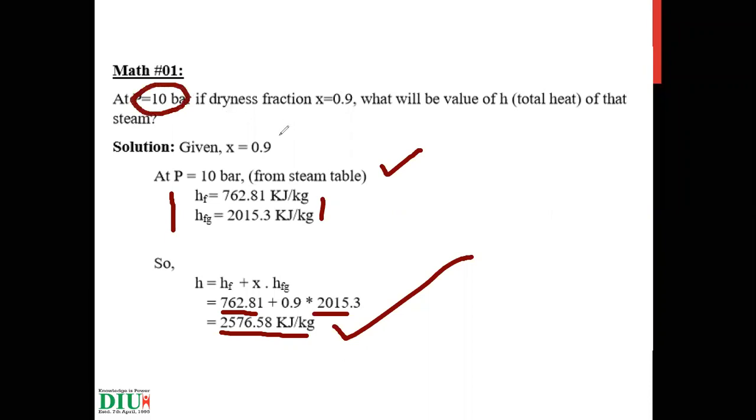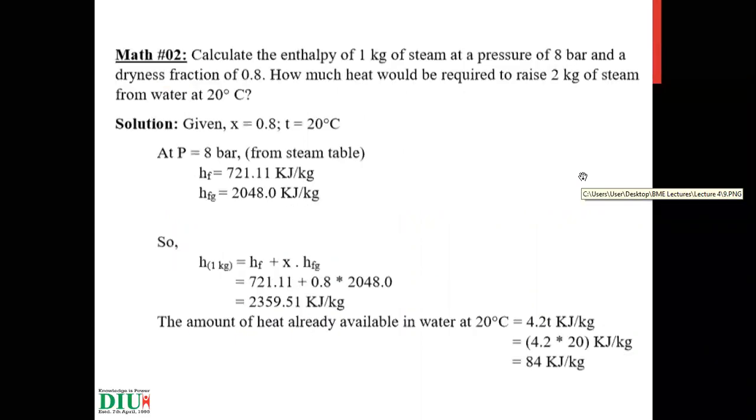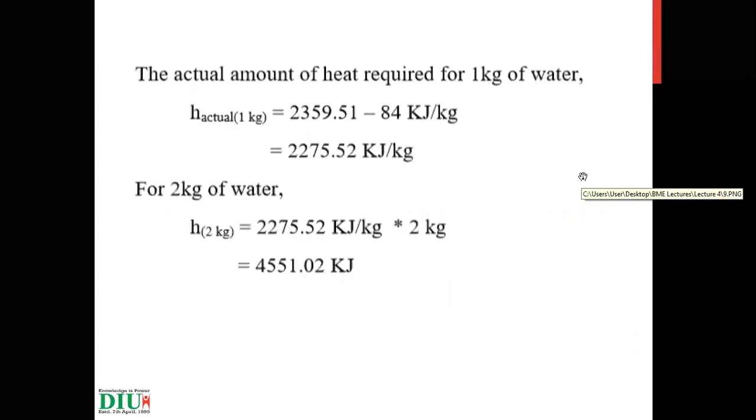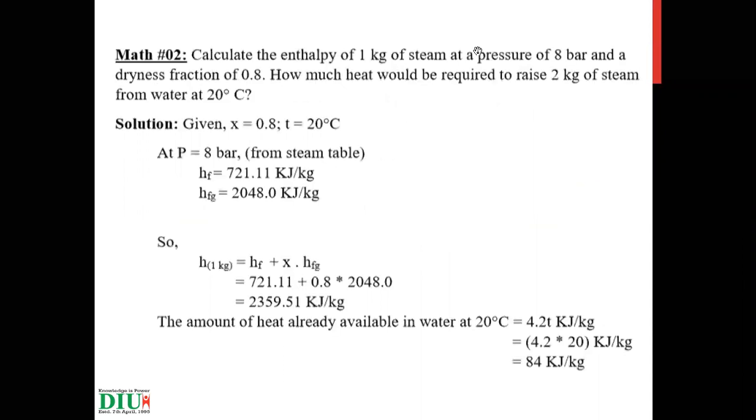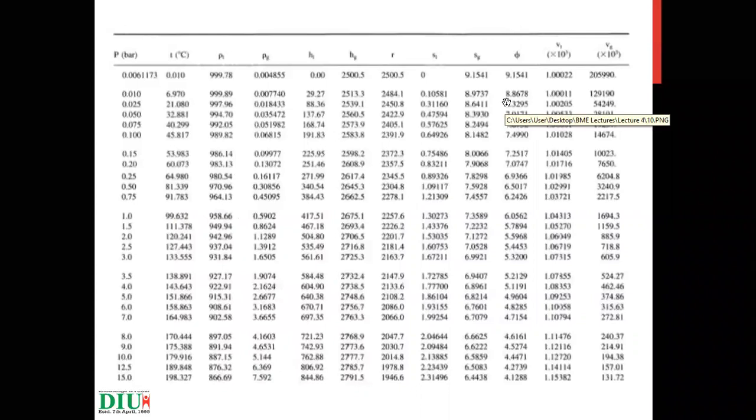So we'll move forward to the next one and see something a little bit different. The interesting thing is that this is the steam table. The steam table has two characteristics. What? You see that the sensible heat values,